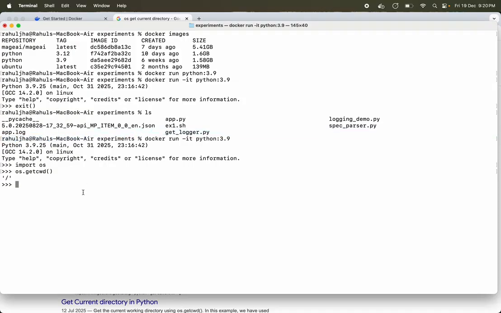You get my point, right? Within this current working directory, I have nothing. So it's like a very simple Linux-based system on which I have got this Python. Okay. Now, if I exit out of it, let me show you something else also. After running this in an interactive mode, what I can do is just get rid of this command and I can run a script from it.